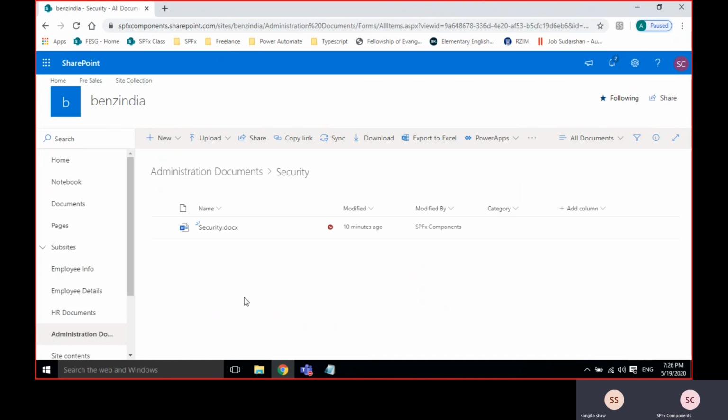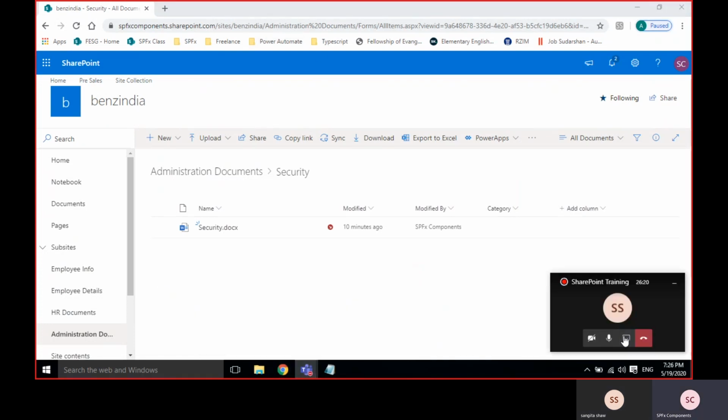You will see the data online. Are you able to access the document? No, sorry, you don't have access. Can you share your screen, please?